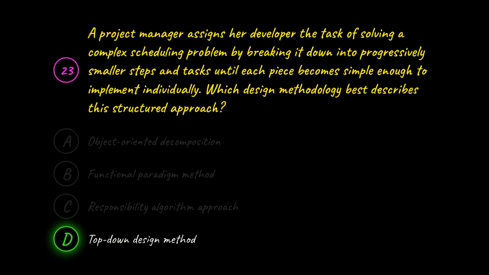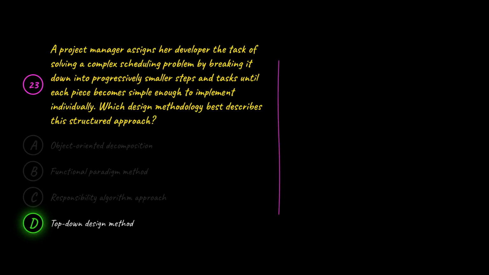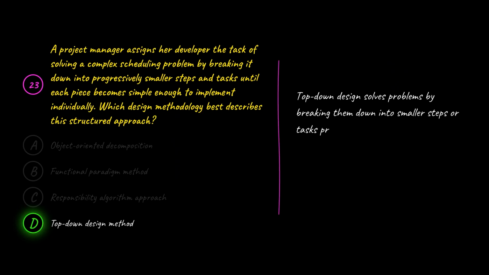The correct answer is D. Top-down design method. D is correct because top-down design solves problems by breaking them down into smaller steps or tasks progressively. Each piece is refined until it becomes simple enough to implement directly, building up to the full solution step